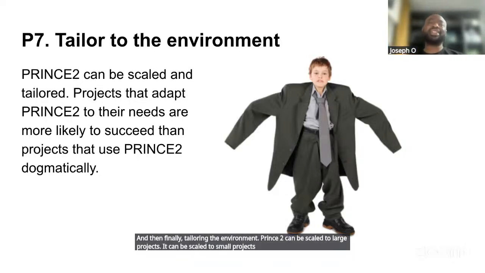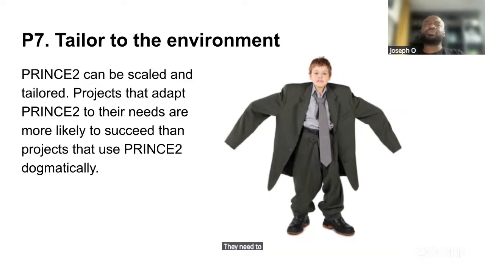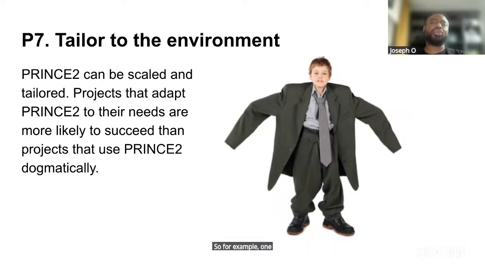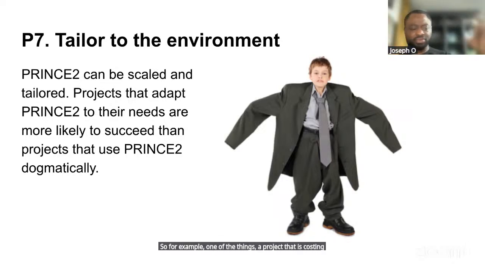So the main thing here is that all these 7 principles and 7 processes that we're talking about need to be pragmatic. You shouldn't follow Prince 2 dogmatically. So for example, one of the things, a project that is costing, you know, maybe, let's say,